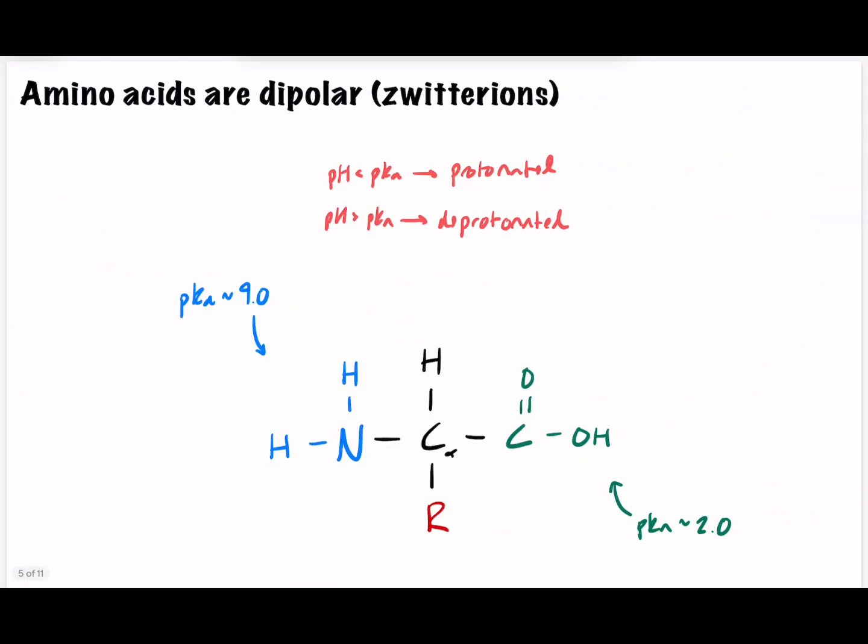Moving on, amino acids are also dipolar, which leads to them having zwitterionic properties. And so what does this mean? Well, like I said earlier, it's possible that the amino group can take hydrogen from solution and therefore receive a plus charge. But it's also possible that the carboxyl group can lose its hydrogen to solution and then get a